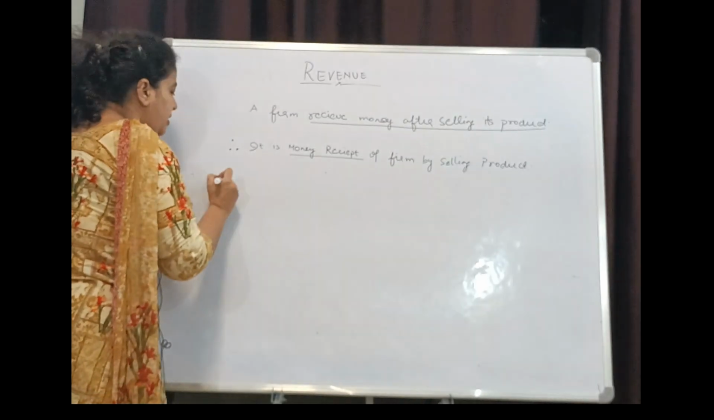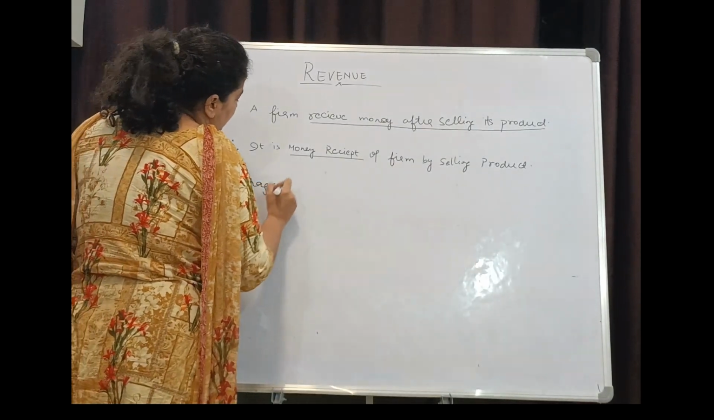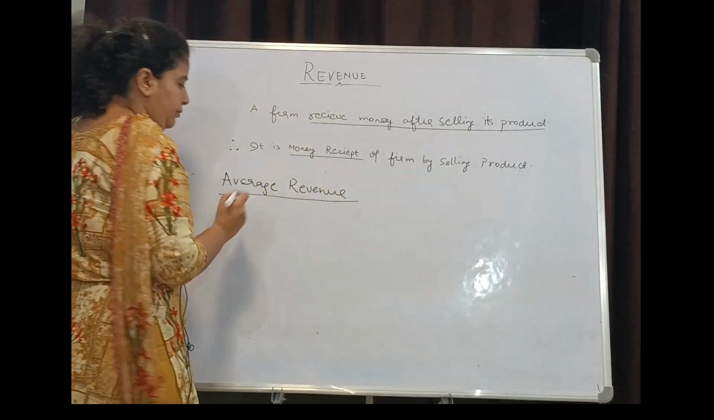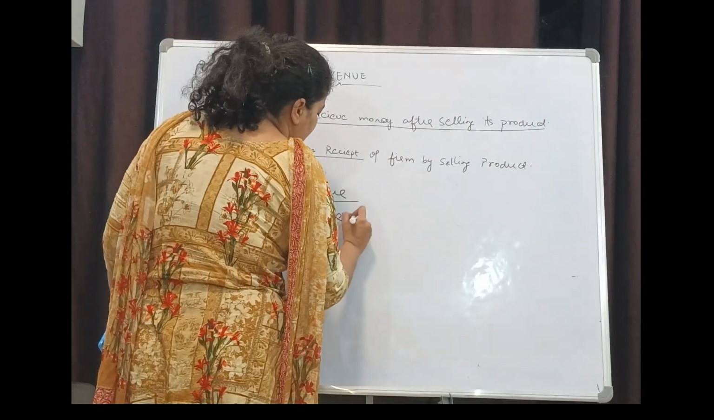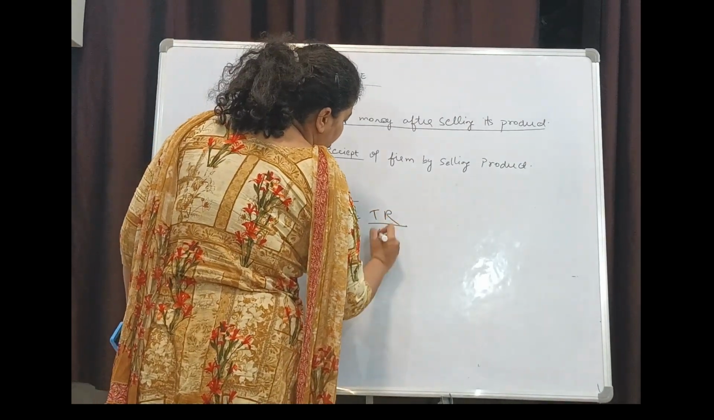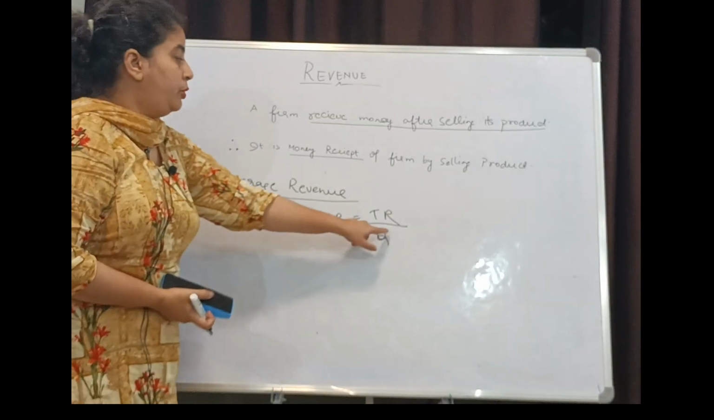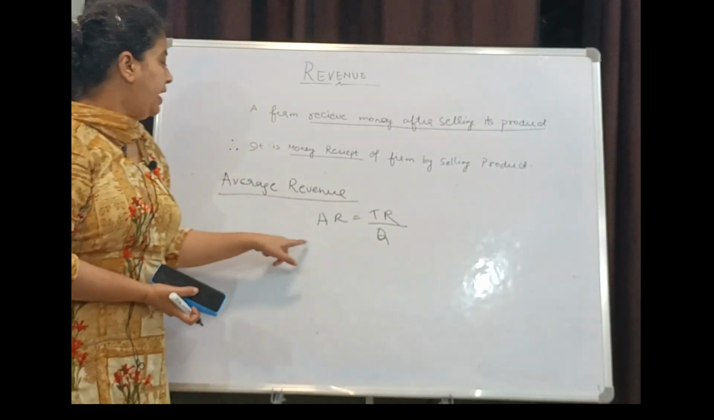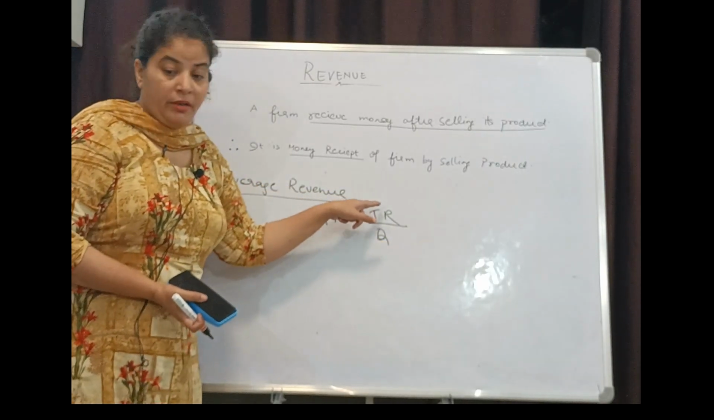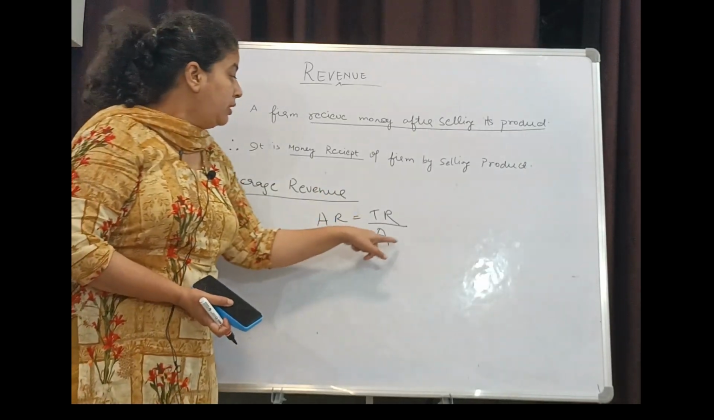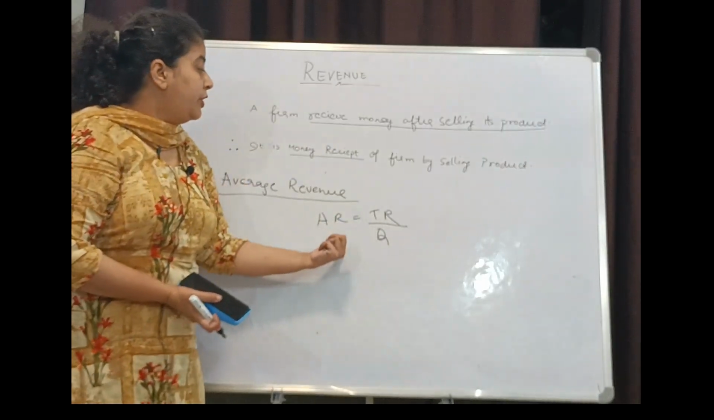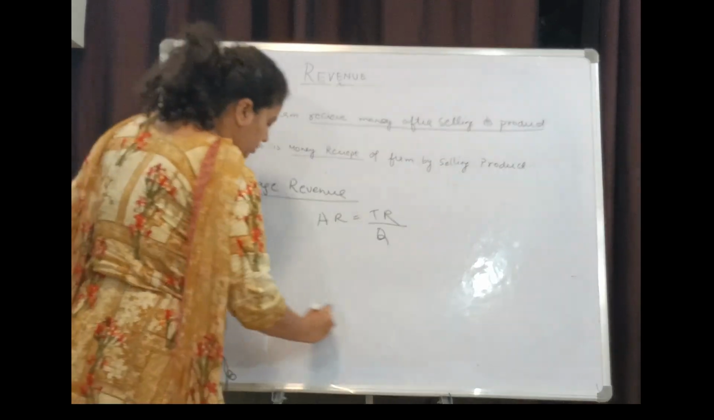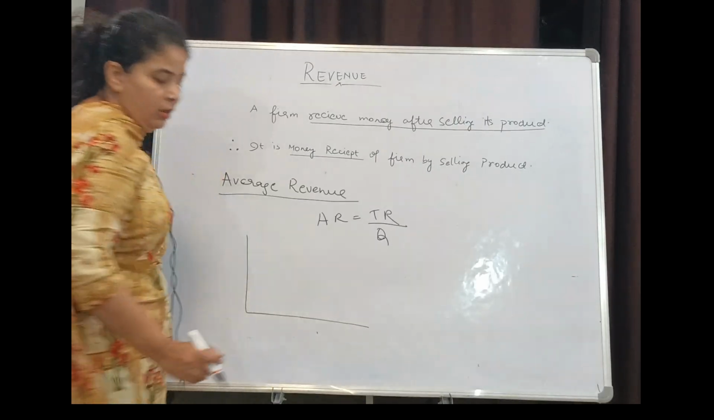So now what is average revenue? AR is TR upon Q, total revenue per unit of output. That will give us average revenue. Average revenue is nothing but the total revenue per unit of output. That is average revenue. If you have to see graphically,